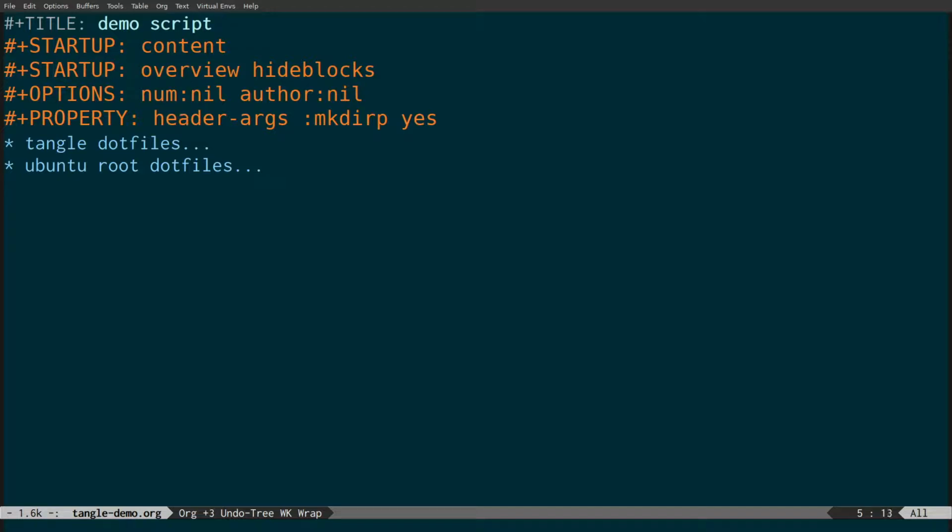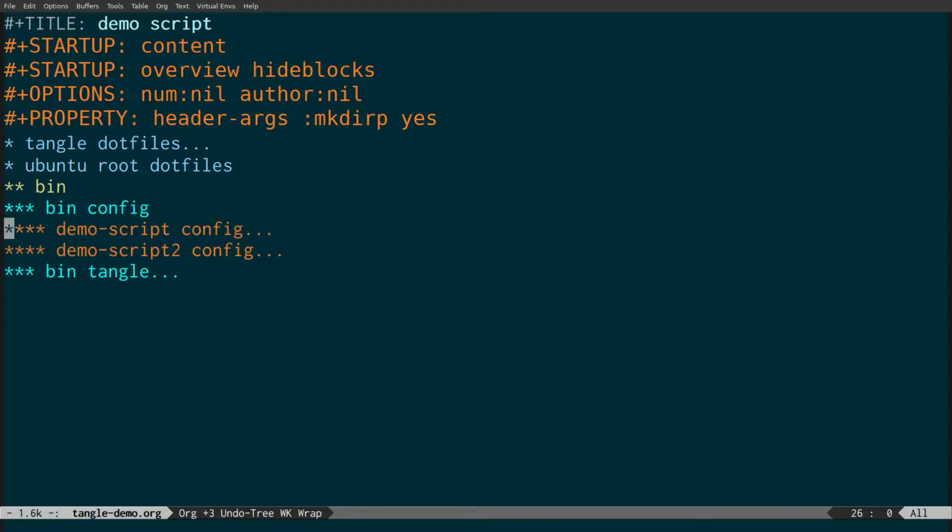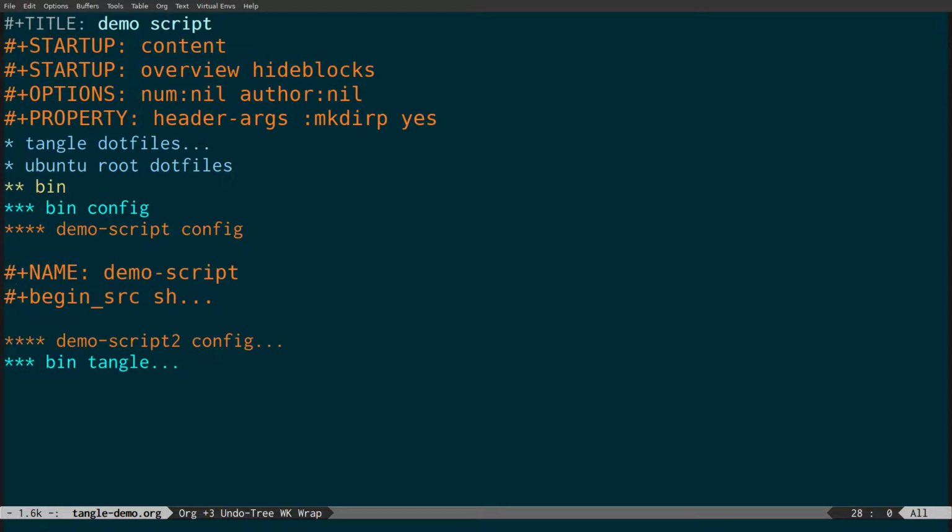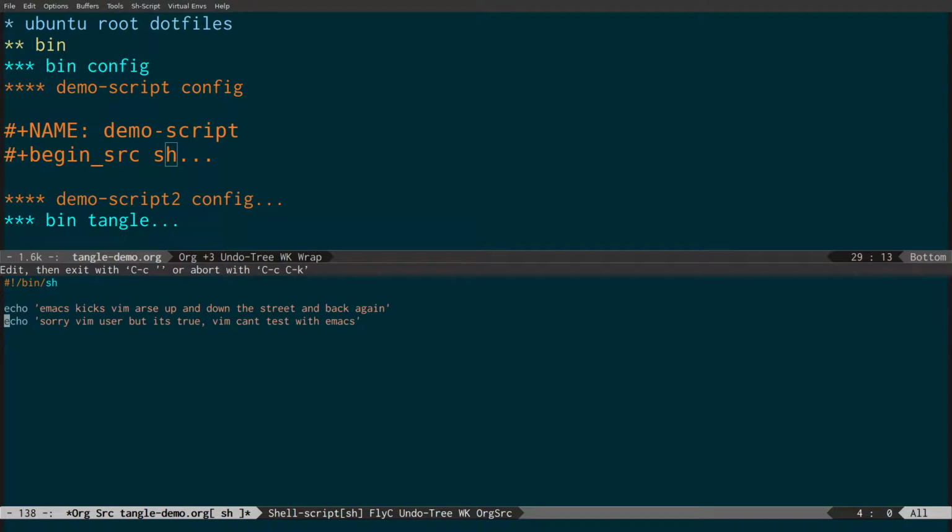This is the important one: the property header args, mkdirp yes. And again, we basically have two sections. We've got the script, so we give the script a name. We set the language that's used,